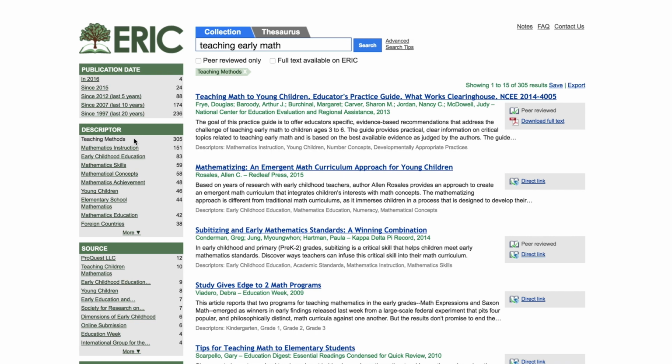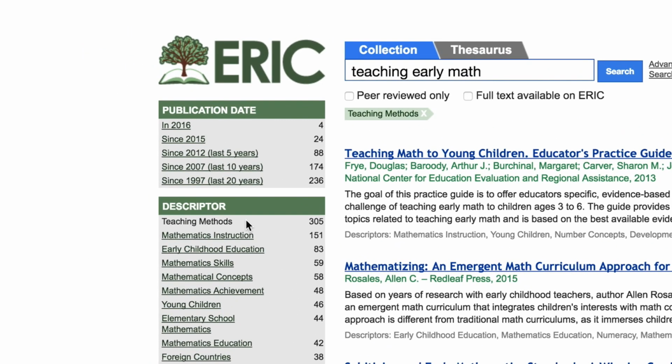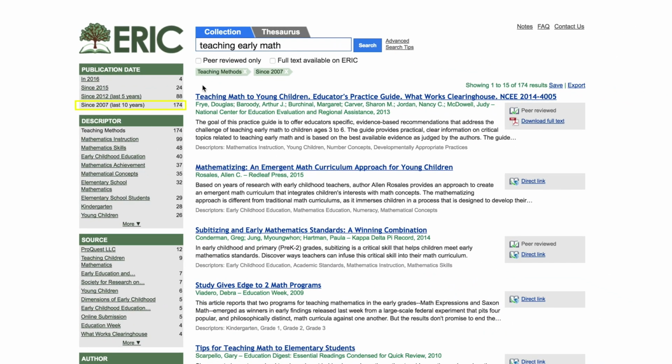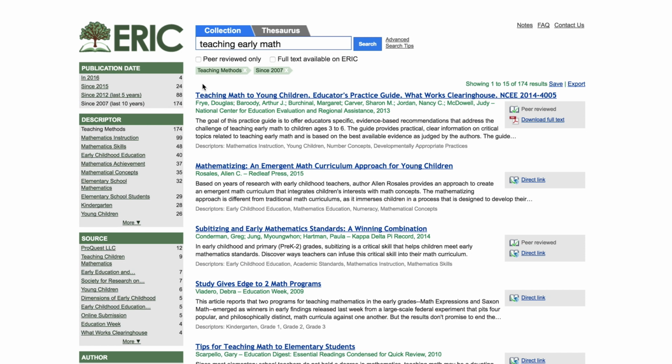Your assignment asks you to explore current practices, so you only want to see research from the last 10 years. Through ERIC, you can narrow your list by publication date. At this point, you can begin to identify and download resources that give you an initial background on your topic. Because ERIC lists the resources in order of relevance, you will likely find several good options within the first few pages of the list. Some materials are available in full text, while others may be accessible through a direct link to the publisher website in the ERIC record.